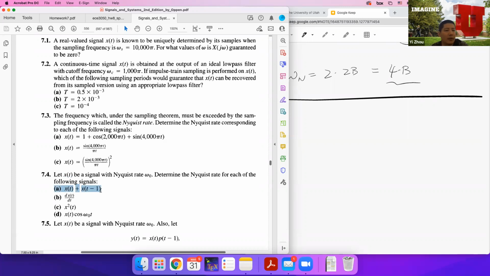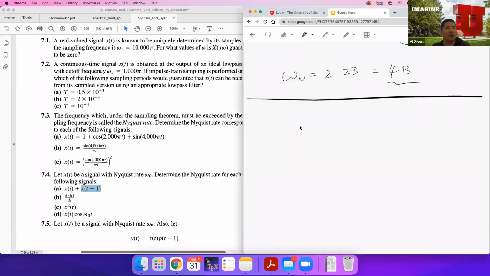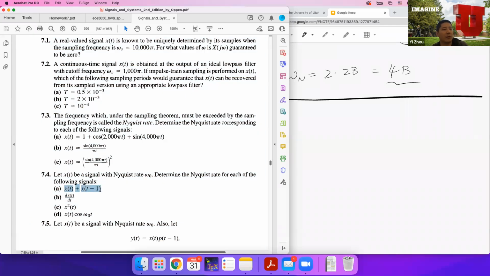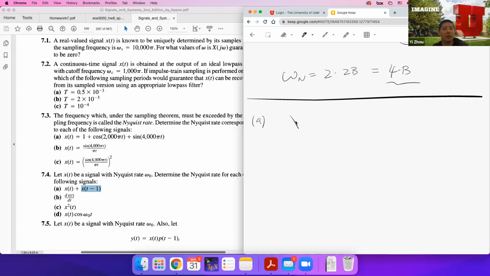So part A is basically a linear combination, like a linear system. This is the original signal. This is the original signal with a certain time shift. So all these are basic operations. If you think about the Fourier transform of this signal, this is the original spectrum, and for this one, by the time shifting property, you will have the original spectrum multiplied by a certain phase shift. So once you do the Fourier transform, you have